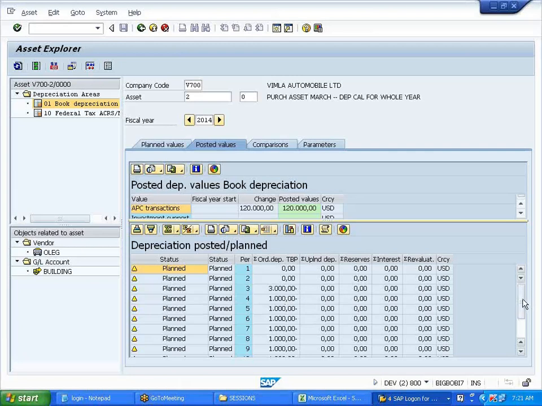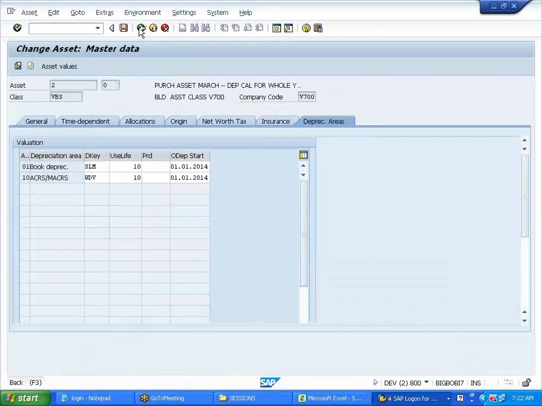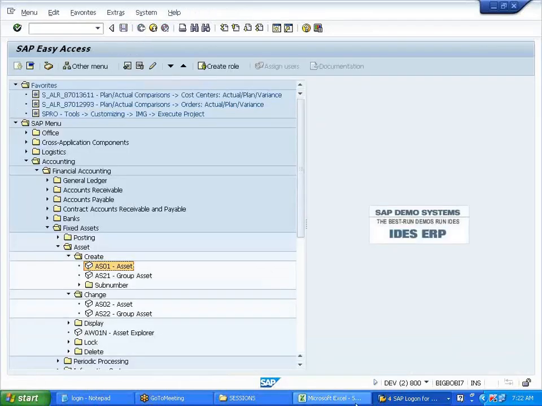But the client says, I don't want it this way. I want the remaining 3,000 to be distributed to the remaining months. Okay, that way.